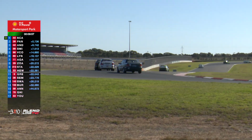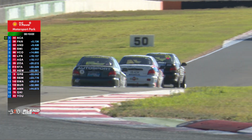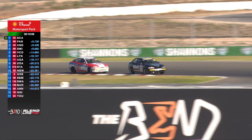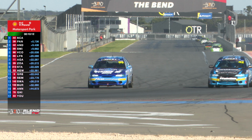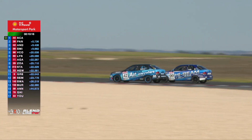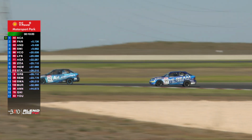Just beyond Graham Hewitt now. So now he's going to throw out the challenge to Graham Hewitt, the Black Ball Racing entry. Another long-time stalwart in this series as well. Not his original car he started with. He had a massive accident out here a couple of years back and wrote the original car off, and it's game on. Kim Anderson here getting in front of Brian Smith,